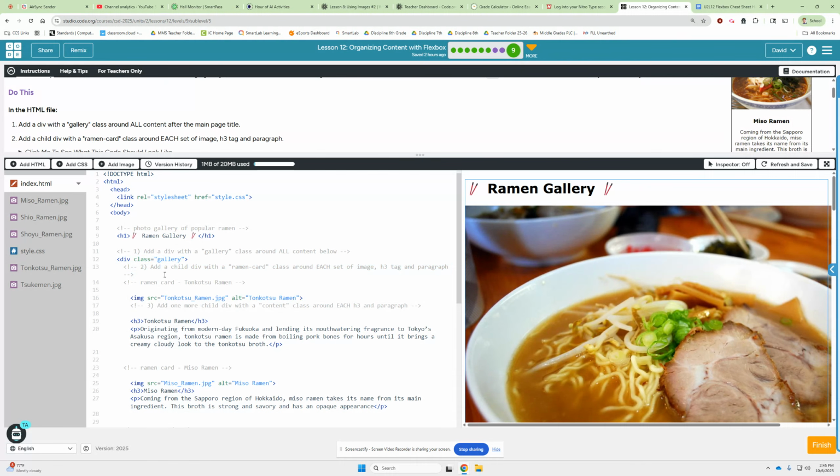Ramen card. Okay, so div, class, ramen card, and that, and then